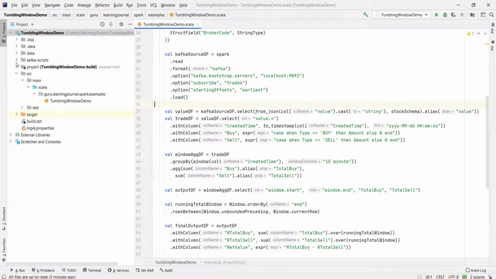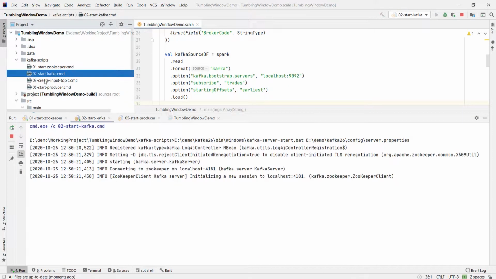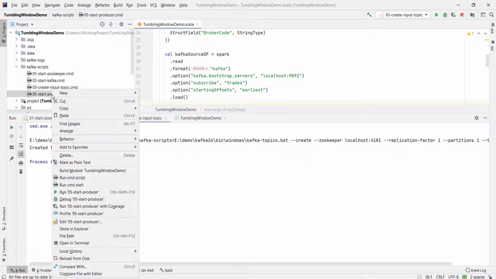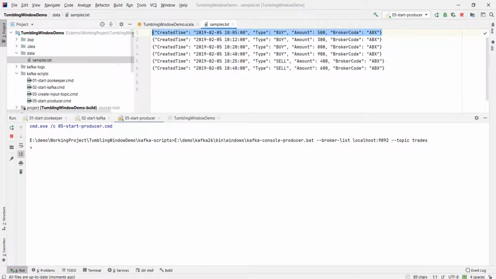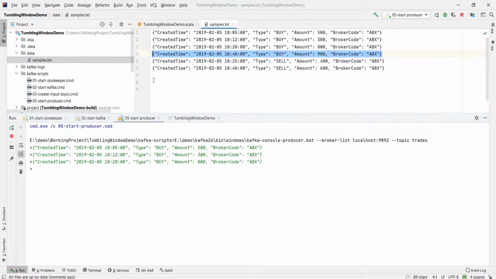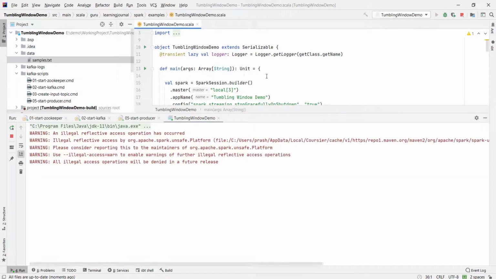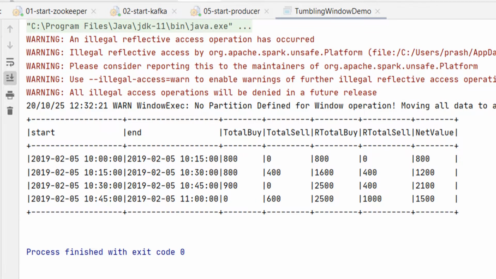Let me run it. Here is the output. This is what we expected. The running totals of buy and sell and the net value.